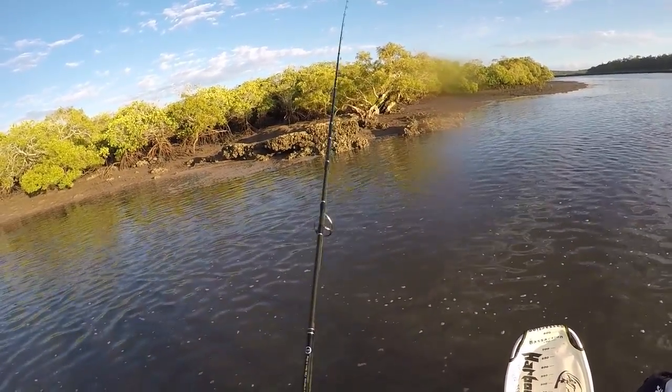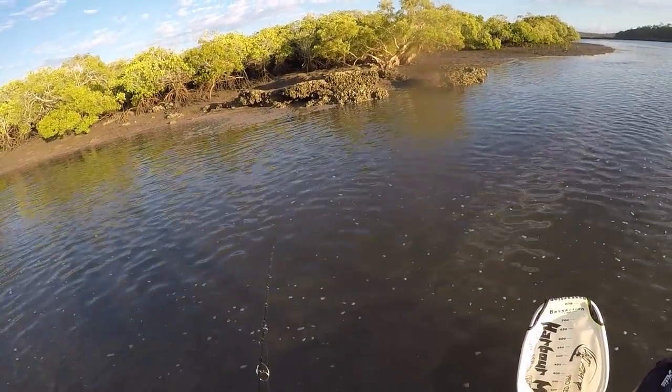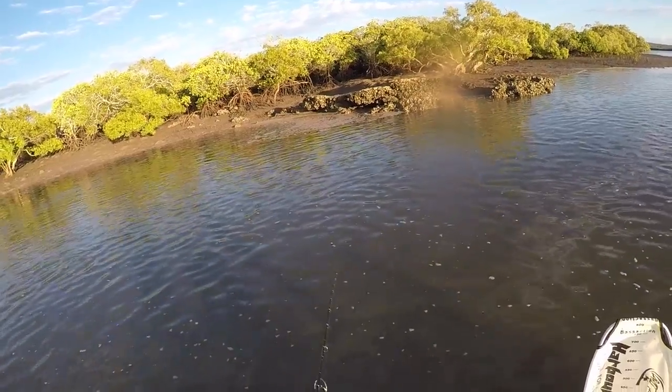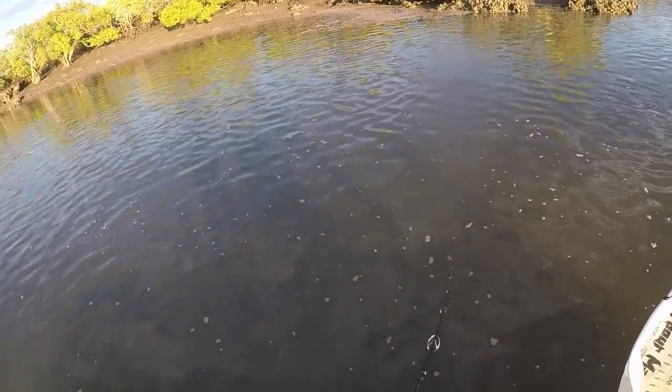But yeah, hopefully it doesn't rain. They forecast a bit of rain later on, so we'll see how it goes, and hopefully today we get a few fish. Alright guys,